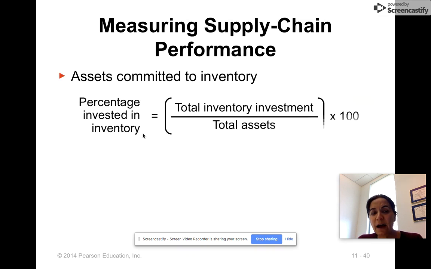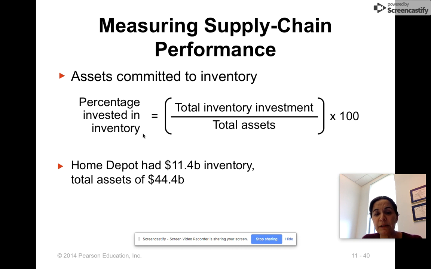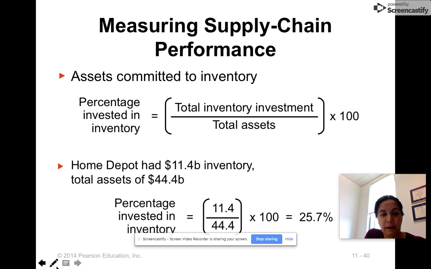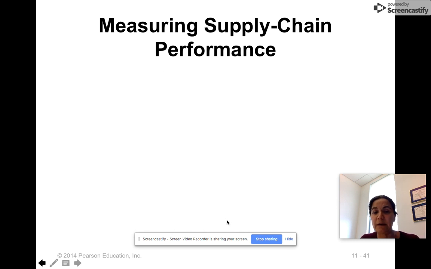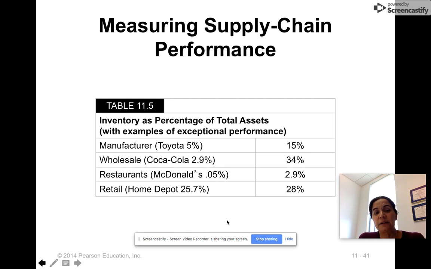Okay. So the last part we're going to do is looking at some metrics. So the first metric is assets committed to inventory. Here's the formula. So again, if Home Depot has 11 billion in inventory and total assets of 44 billion, the percentage invested in inventory would be 11.4 divided by 44 times 100. So at any one time, Home Depot has 25% of its assets invested in inventory. So, as a comparison, for Home Depot, you can look at